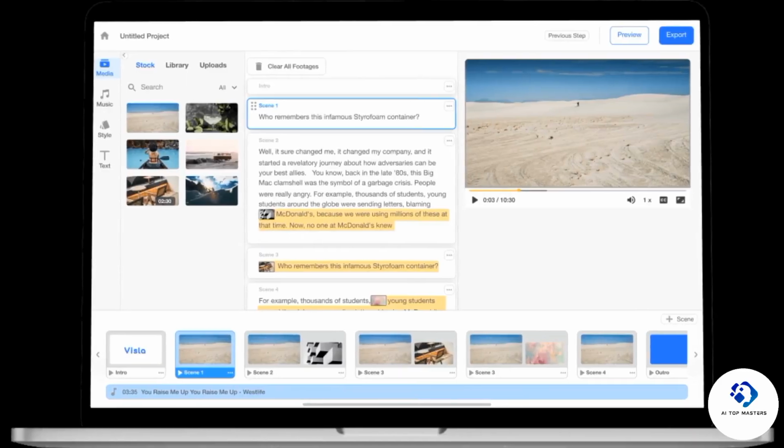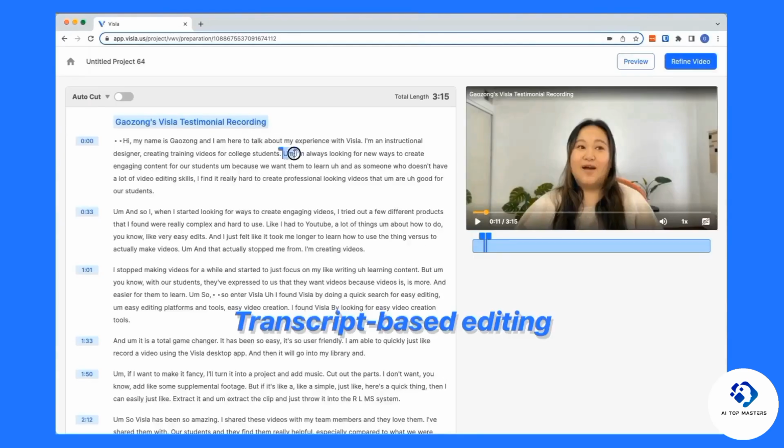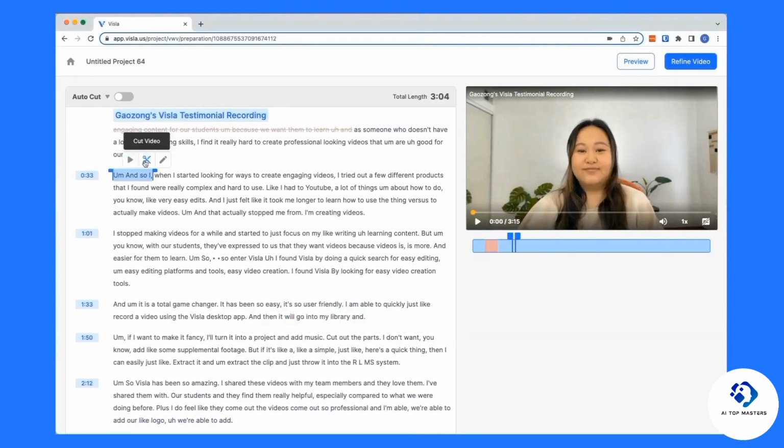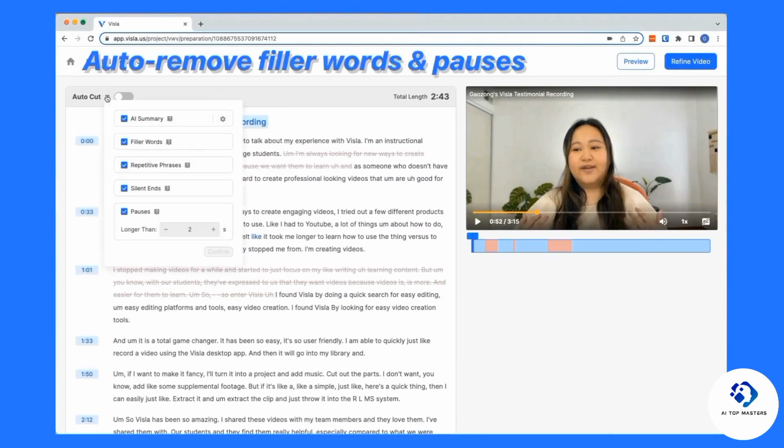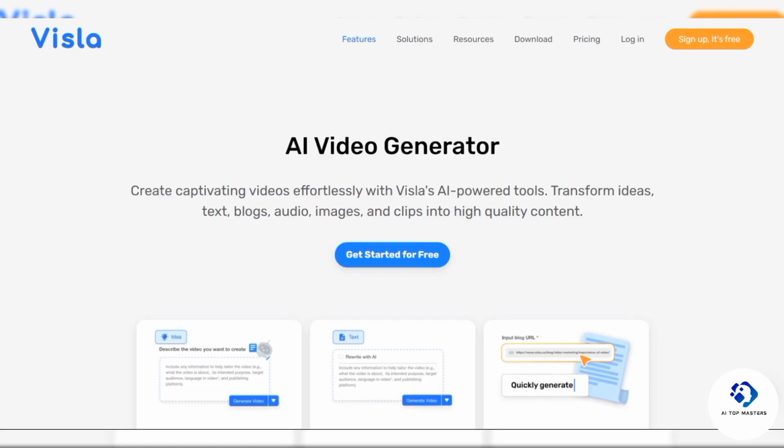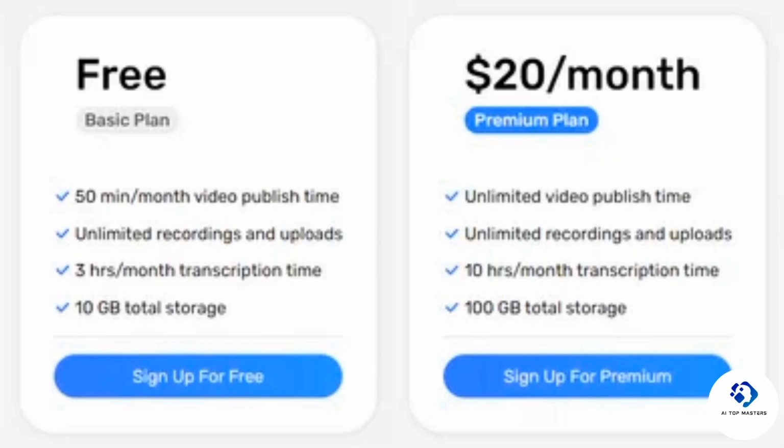Number 5. Vizla. Vizla is a high-powered AI video tool that delivers many useful features to its users in affordable pricing packages. Compared to most competitors in this space, Vizla offers one of the best value free plans. This plan includes 50 video minutes per month, 10 GB of storage, 3 hours of monthly transcription time, and unlimited